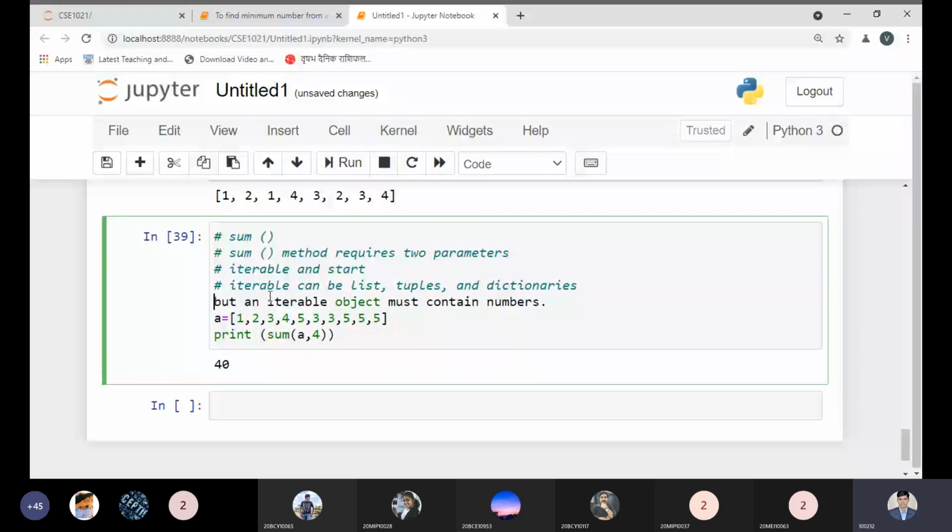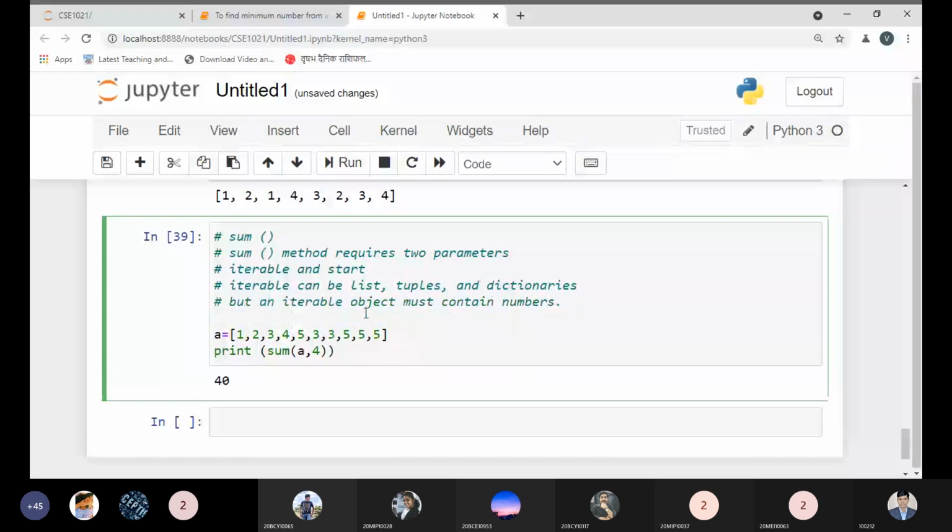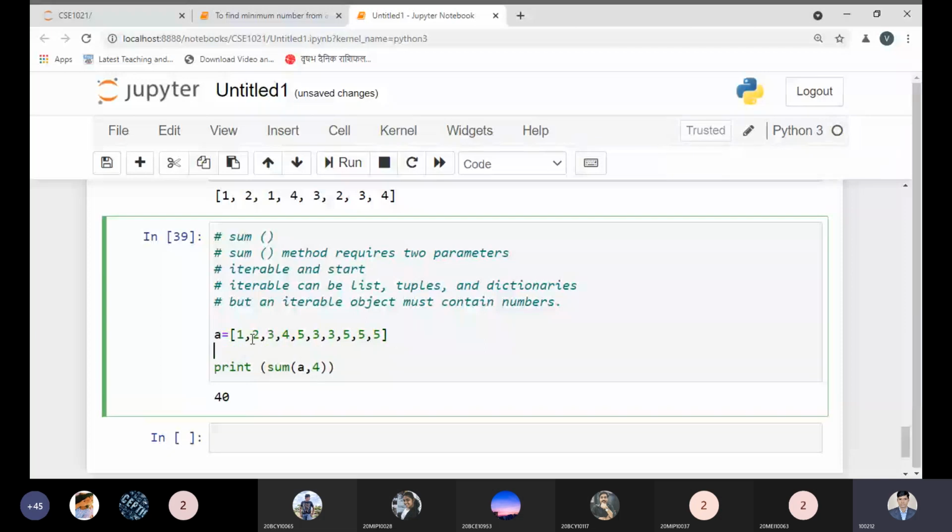Let me clear it all. Just see the total value of A, starting from the value 4: 0, 1, 2, 3, 4. So 4 to this value, 4 to this value. What would be the output?